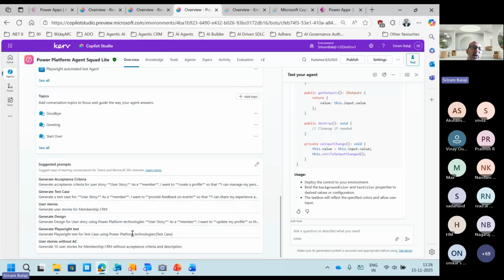I don't want to go into each and every one. We can also generate a Playwright test case, plugins and stuff like that. But for now, I'll skip that. So you can still do that. So you can use this in conjunction with the